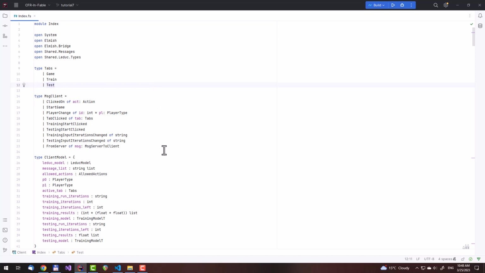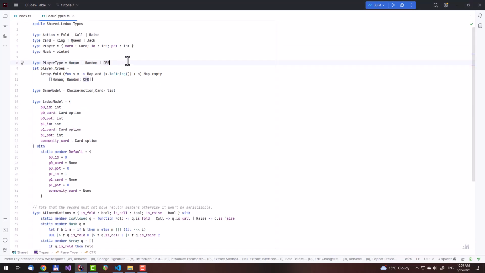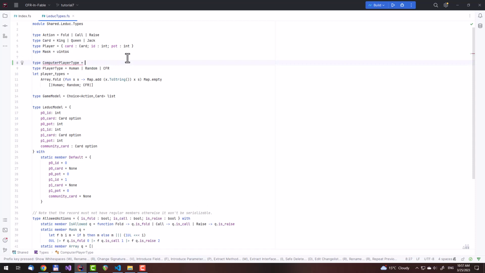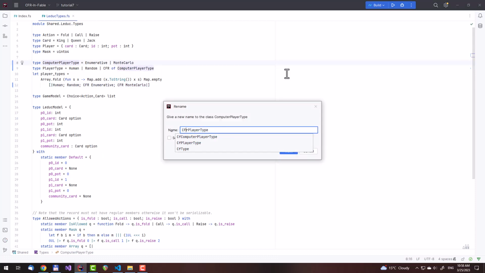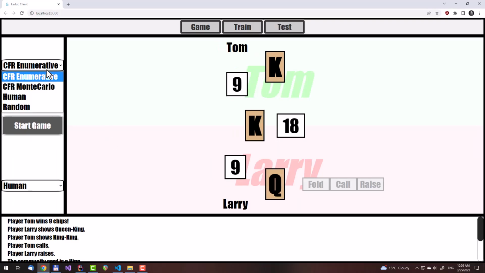Let's get started. First, we'll extend the list of available players. Previously, we had only the enumerative CFR agent, so this was fine. But now we also have the Monte Carlo version, so we'll add it in. There are a few ways we can go about this, but once we realize that we don't want to be sending messages to train the human or the random player to the server, the correct way to do this becomes